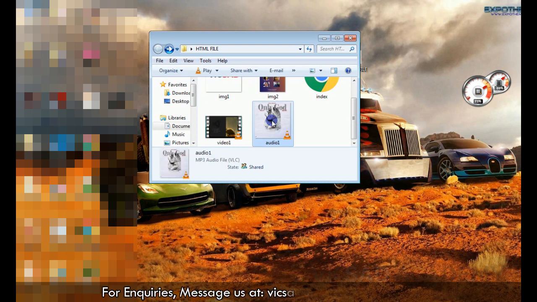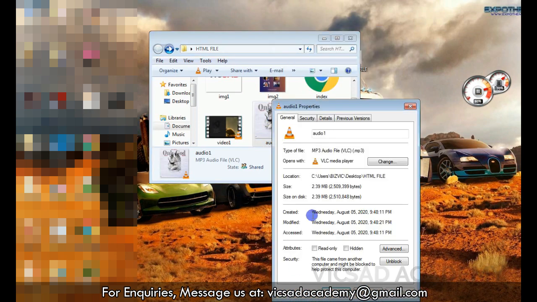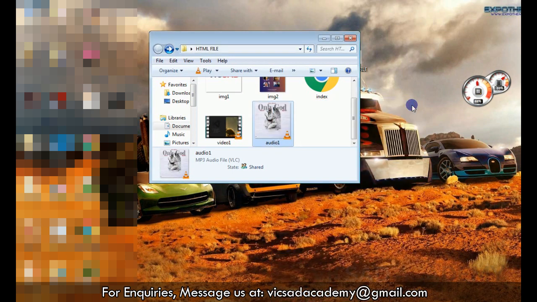This is the audio we want to use. Then we right click on it and look for properties, and the property says that it is .mp3, because we have to know the file format of the audio, meaning the audio full name is audio1.mp3.